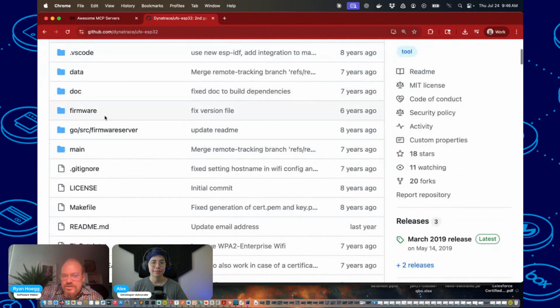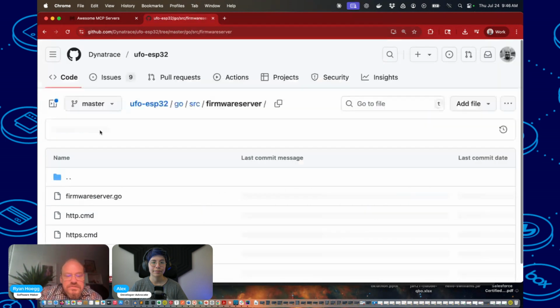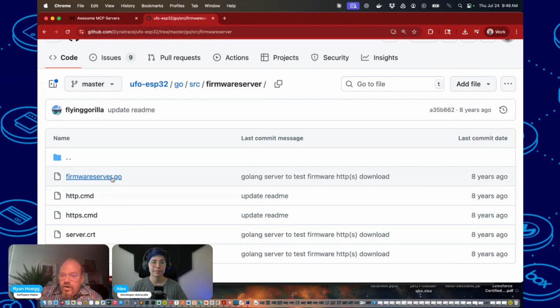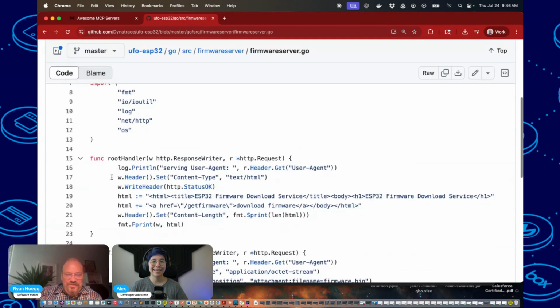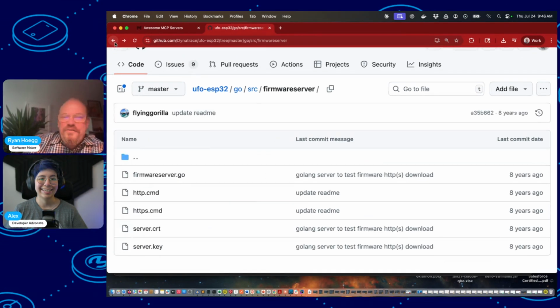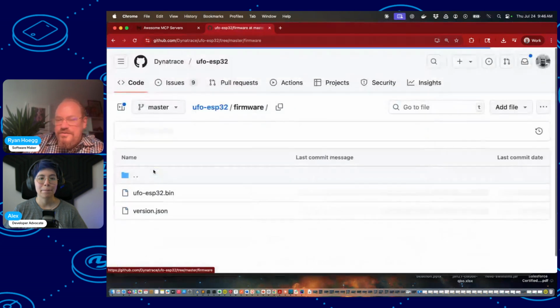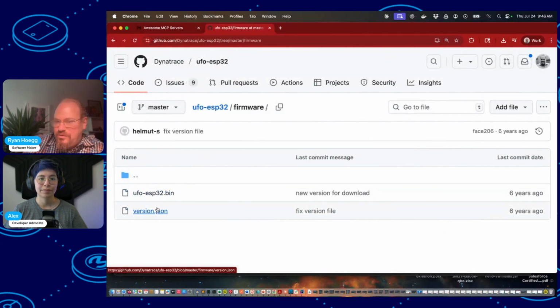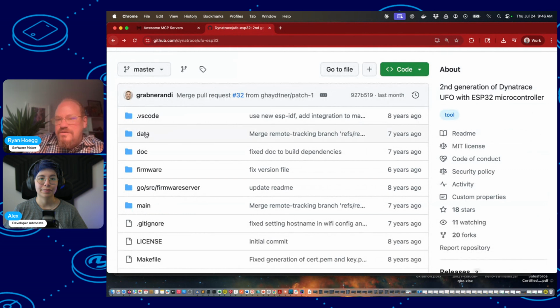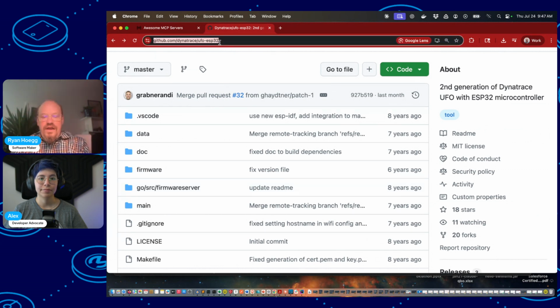So the software that runs on the UFO itself, I guess it's in Go, and I didn't know that until just now because I didn't use it for the ESP32, but for the web server. And then there's firmware that goes on it that actually runs the UFO itself. So all this thing does is let me put colors on it. There's nothing more fancy. So if I go to the API,